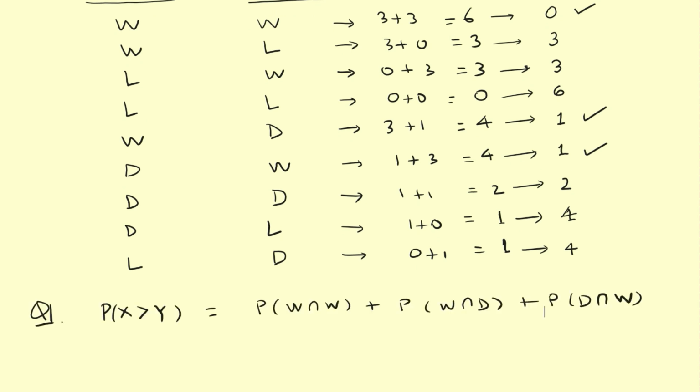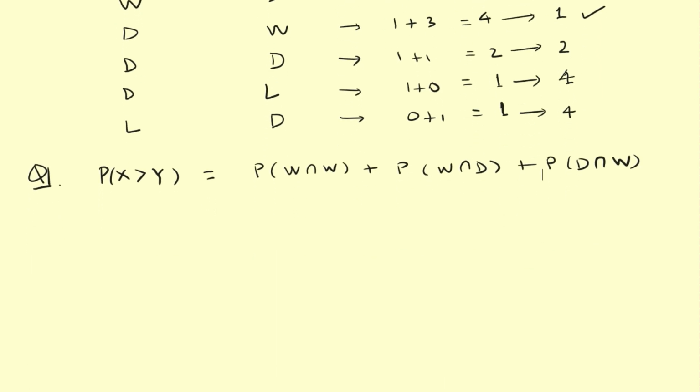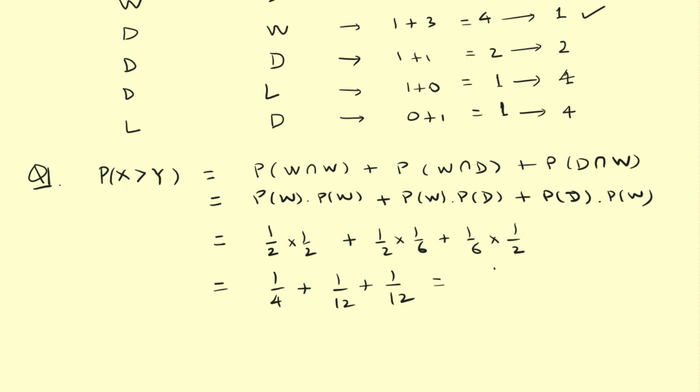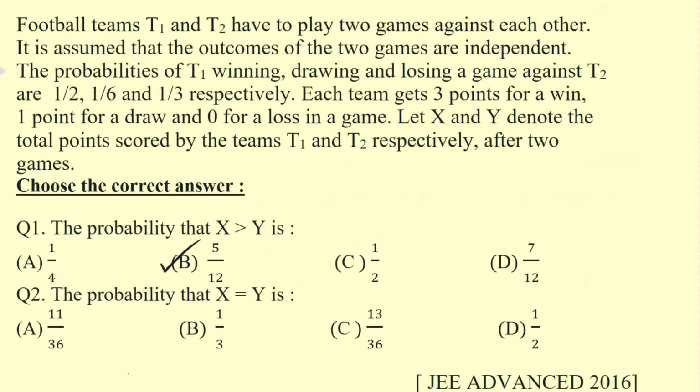and since they are independent of each other, we can split them as a product of probabilities, putting in the values of the probabilities as 5 by 12. So this is the answer for the first part of the question, which is shown in option B. Now let's look at the second question, which is asking the probability that X is equal to